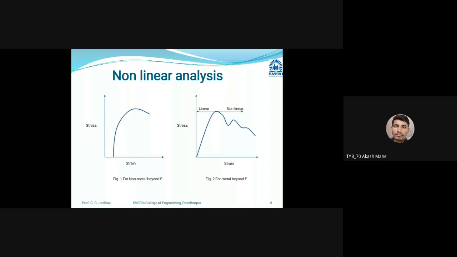For that purpose they are using this type of analysis for metal and non-metallic parts. The automobile and aerospace industries also use this analysis for fiber components, and also rubber and fiber components, commonly using software like Abaqus, Nastran, ANSYS, LS-DYNA, and modeling software. Okay, so this is about the nonlinear analysis.